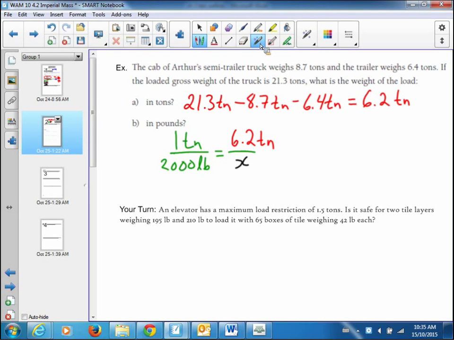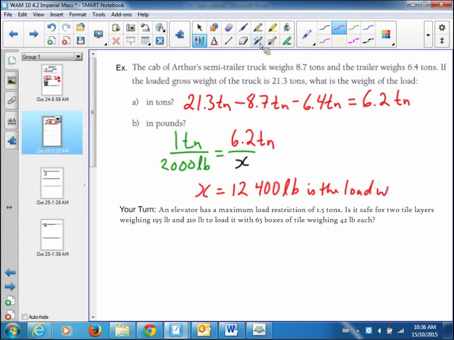And make sure you have a unit on there. That's the load of the truck. 12,400 pounds is the weight of the load. When there's word problems, make sure you have units and some words to describe what you found. Okay? Now after that,